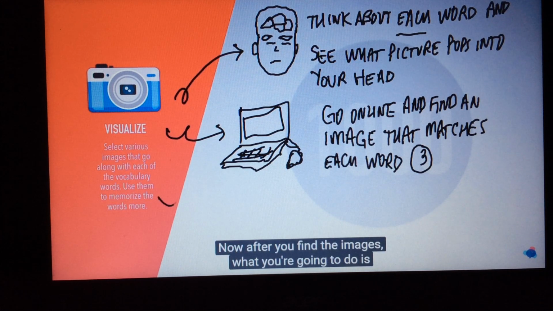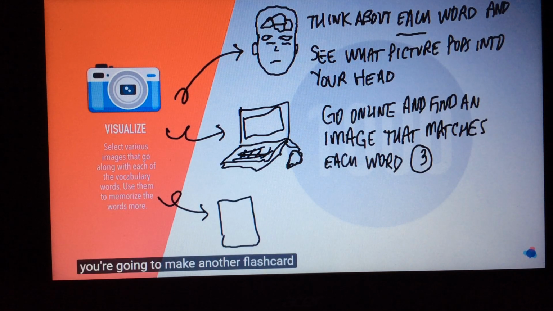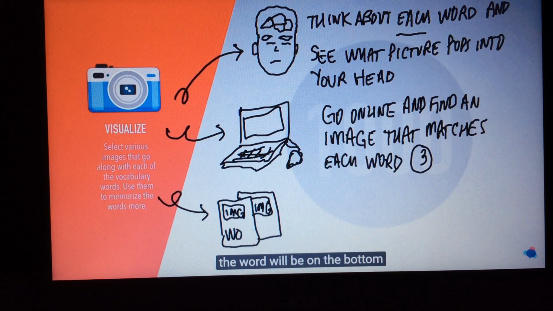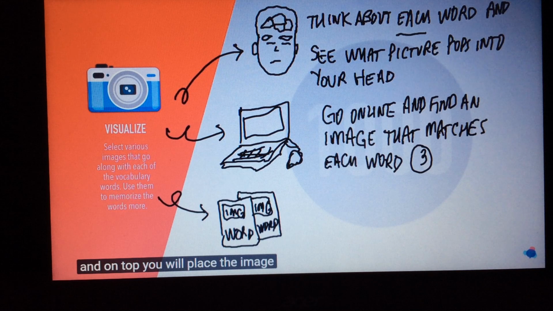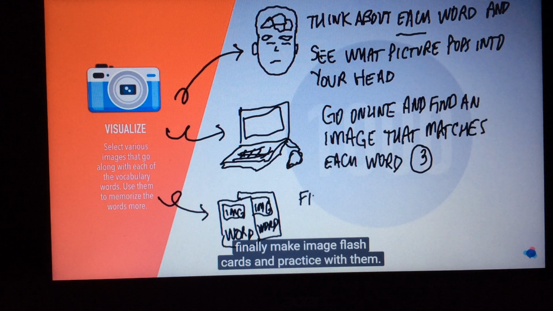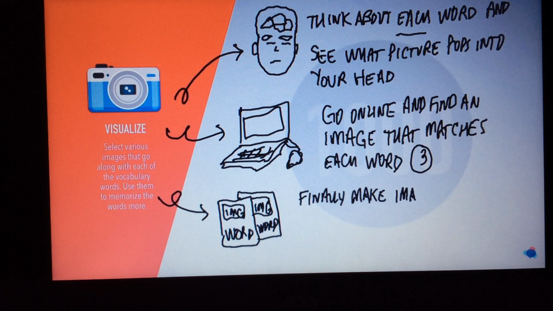Now, after you find the images, what you're going to do is make another flashcard, but this time, instead of the word being on the top, the word will be on the bottom, and on top you will place the image. Okay? So again, you're going to finally make image flashcards and practice